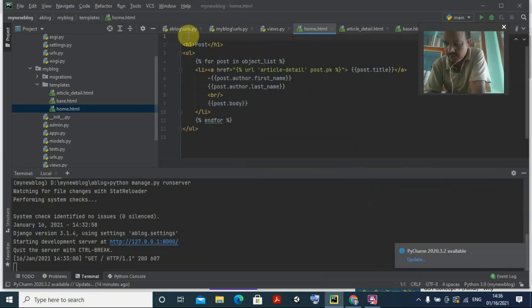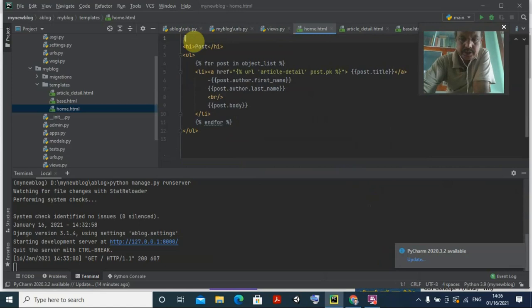So how do you do it? You just put it like this. This is the percentage sign, you know, this is the format. Then type extends, and what you want to extend goes in single quotation, base.html. This is the file we already created, base.html.